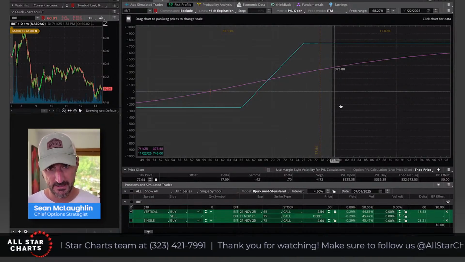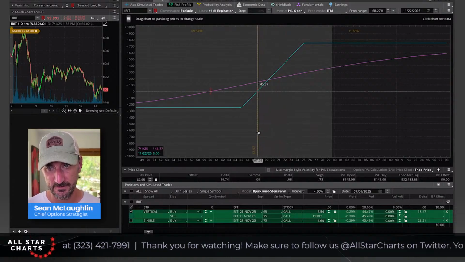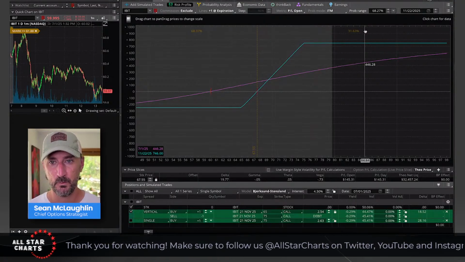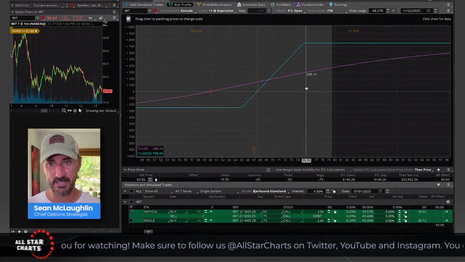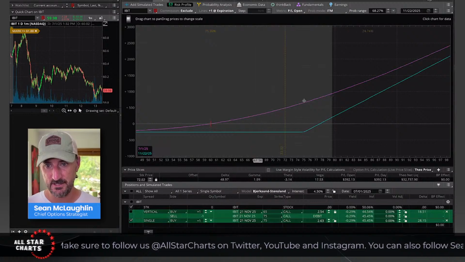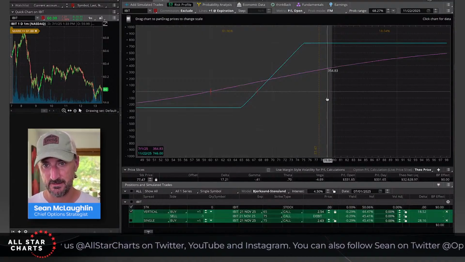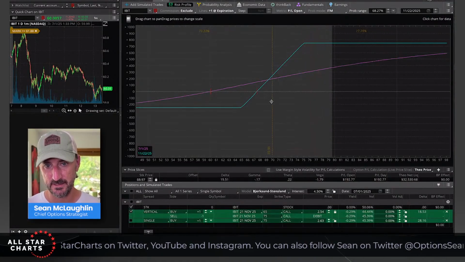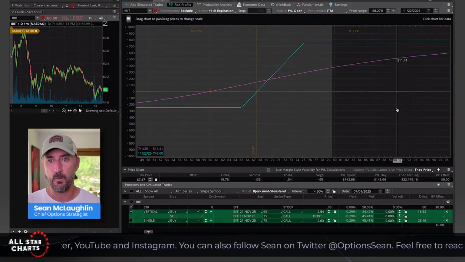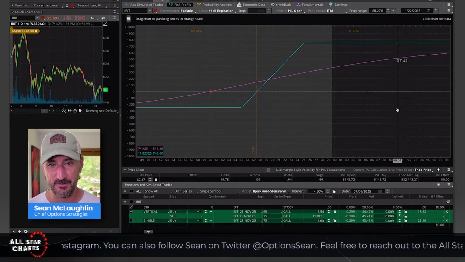Okay. And let's move this line to the break even on this trade. Notice the difference here. I've got now a 31% chance of winning in this trade, of the stock closing above my break even level. So I went from, what was it, 18% to a 33% chance, right? I'm sorry, this is real janky, guys, but we're figuring it out. So I've increased my odds of success. And why are my odds of success increased? Well, for one big reason, the break-even level is a lot closer.